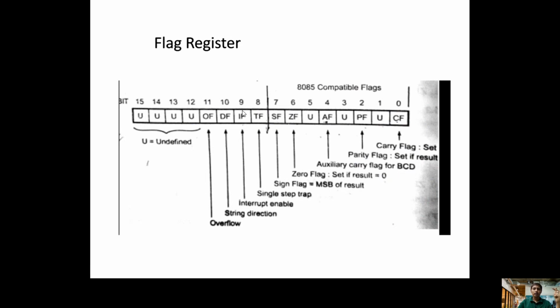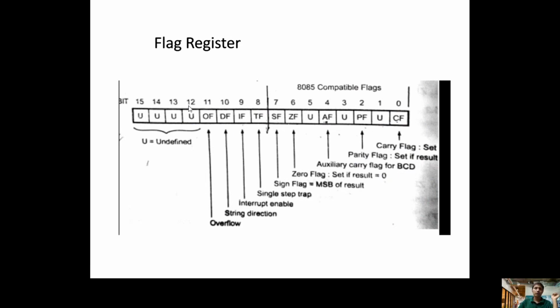Now the next one is the interrupt flag. The interrupt flag is set to 1 in that case only. Whenever the interrupt flag is 0, it indicates the processor won't recognize external interrupts. Then the direction flag. The direction flag indicates the flow of execution. Whenever the direction flag is 0, the processor will execute from lower address to higher address. Whenever the direction flag is set to 1, the processor will execute the higher address first, then the lower address, in reverse.